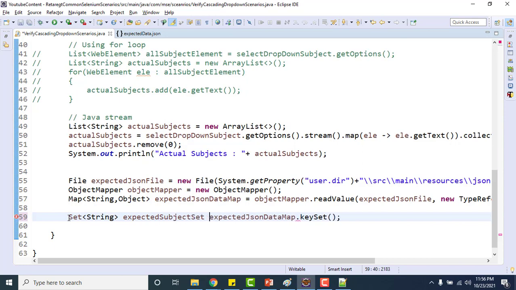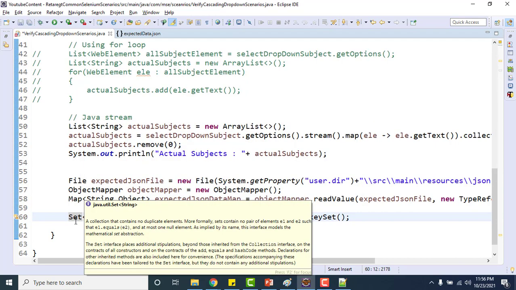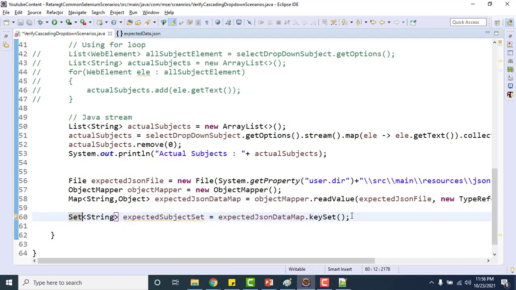We have expectedSubjectSet. Now I want to assert actual subjects and expected subjects. But here, one is a list and another is a set. So I can convert this into a list only.